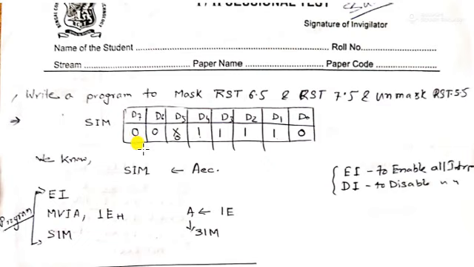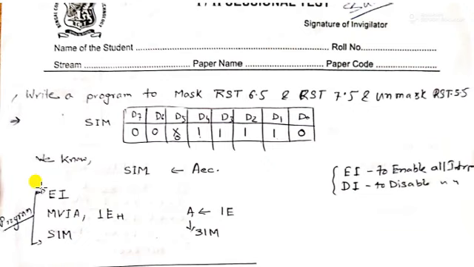In the programming, first of all we have to enable all these interrupts, because if we do not enable these interrupts, the microprocessor may keep them disabled, that is DI. If it is disabled, we can write a program to make it enable, because previously it is disabled. So it is a good habit to enable all the interrupts first.